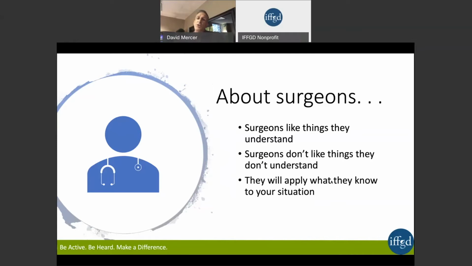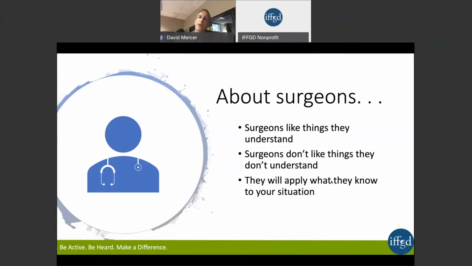Now, what else will surgeons do? Well, I told you surgeons know a lot of stuff. What they're going to do is take the breadth of their own knowledge and try to apply it to you specifically. Now, that could be great, right? That may be what you need. If somebody is an expert at taking out gallbladders and you have a gallbladder problem, well, that's who you want to be with. But if somebody is an expert at taking out gallbladders, you have some abdominal discomfort and it's